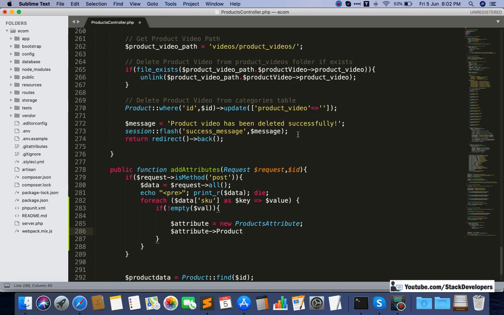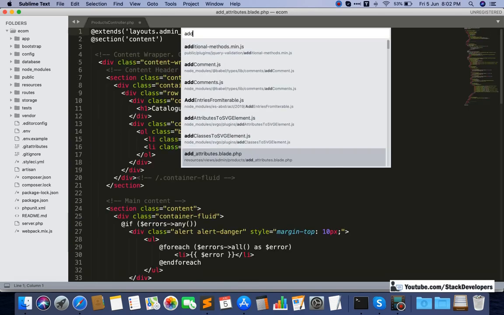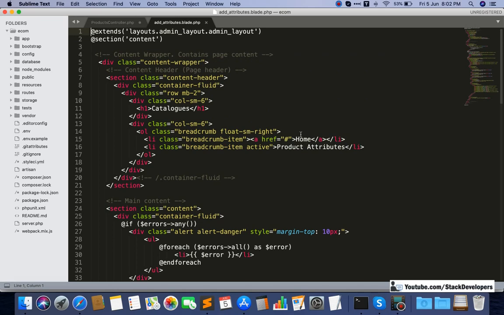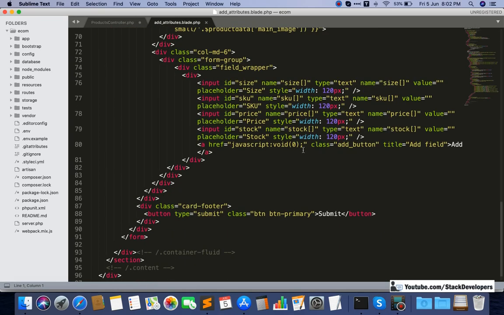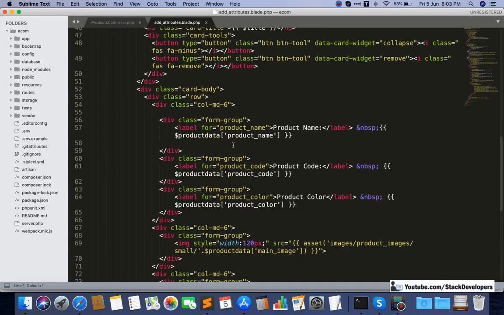We are not sending the product ID, so we need to send it as well. That is essential to add here.